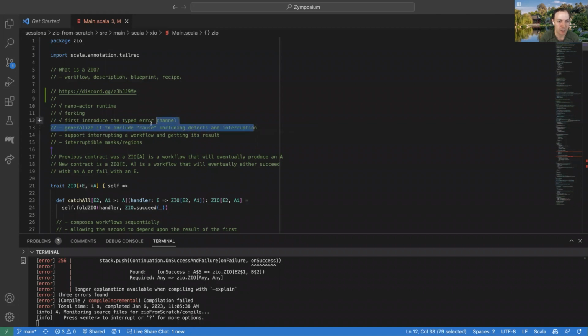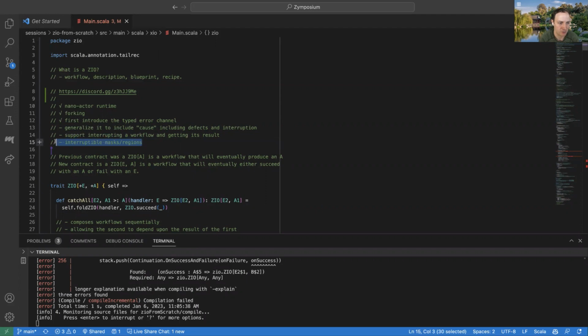And then I think this is going to give us a little bit of the groundwork for supporting interruption, which is another defining feature of these systems like ZIO, that you can interrupt these fibers or these running workflows when they're in process, which is really something you get with ZIO that you don't get with something like Future. Once a Future's going, it's just going, and there's not a sane way to interrupt it or say that it's not needed, which is a real issue for resource safety, because you can start a bunch of things if the user opens a web page and then closes it and navigates away, and you're still doing all this work that you don't need to be doing.